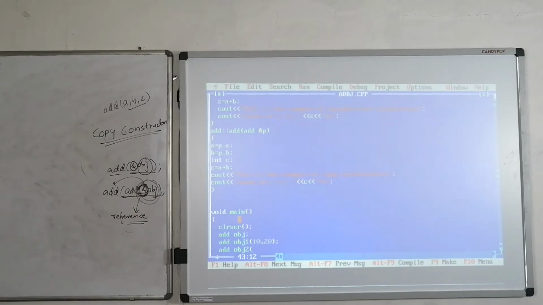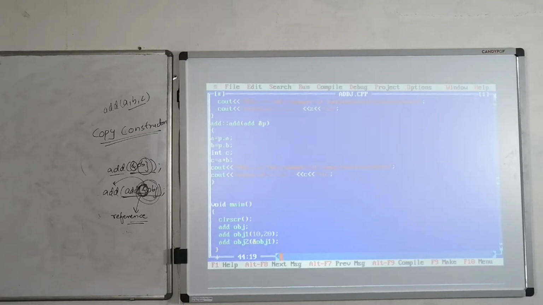Here I am going to pass the address of obj1. Why? Because here we are passing this A and B, and 10 and 20 values are already there. Here we are passing the reference of object 1 to object 2. We are copying object 1 into object 2, right?